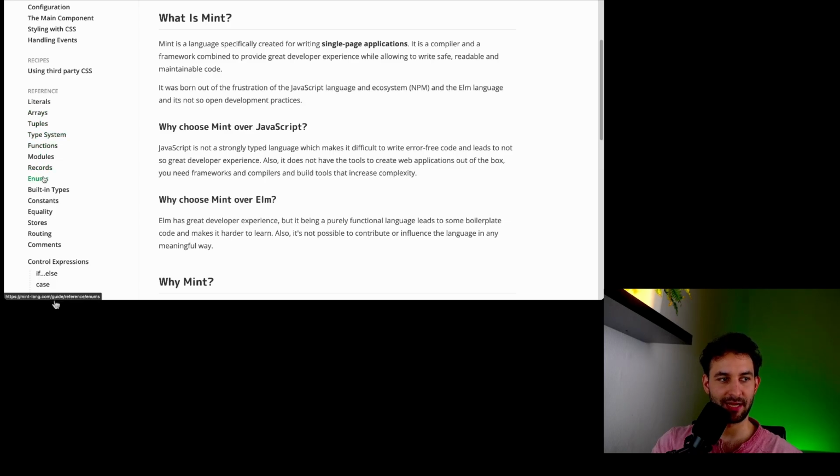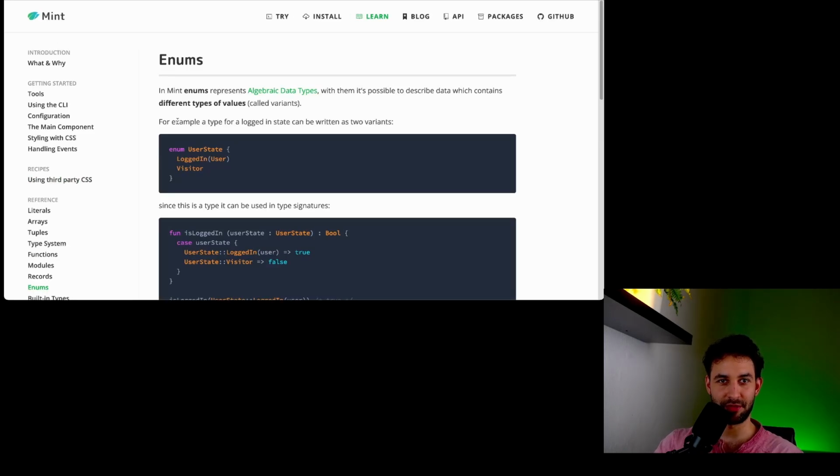How about we check out enums? One thing that seems quite cool is the ability to provide parameters. So you can actually define an enum variant that is sort of a generic, and it has a type parameter here of user, meaning that the logged in state probably requires a user object to be present.